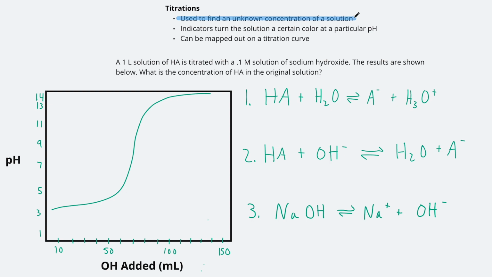So if you have an unknown concentration of an acid, you react it with a solution of a base, but you know the concentration of that solution with the base, and then you're able to tell, based on how much of the base we added, how much of the acid was present in that solution. So here is a typical question that they may ask you on the test, and this is a really straightforward one to solve, but what we're going to do is break down this titration curve at every point, because you